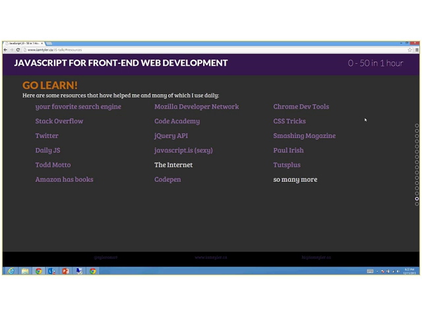CodePen, really strong community. You've seen a lot of the CodePen stuff I did today. That's peanuts. I only used CodePen because I didn't want to style up my own thing to look like that. But CodePen has endless capabilities, and there's a really strong community there. Stack Overflow, CSS strips, Chrome DevTools, the whole JavaScript